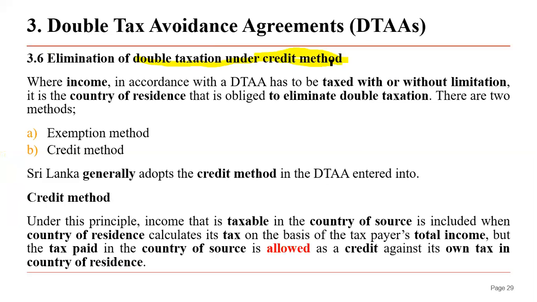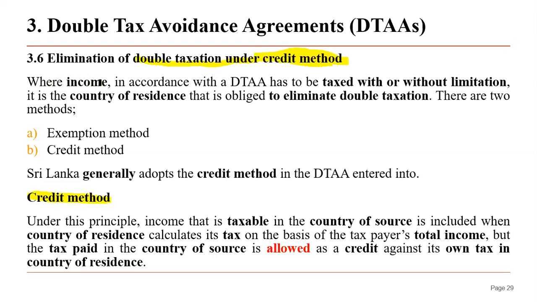Tax credit method, actually we discussed how Indian companies get that benefit, if you can recall. Indian company XYZ was liable to tax at 35% and they claimed the tax paid in Sri Lanka, 10%, as a tax credit. Then elimination of double taxation under the tax credit method is one of the popular methods in Sri Lanka, not the exemption method. The tax credit method is the most used method.